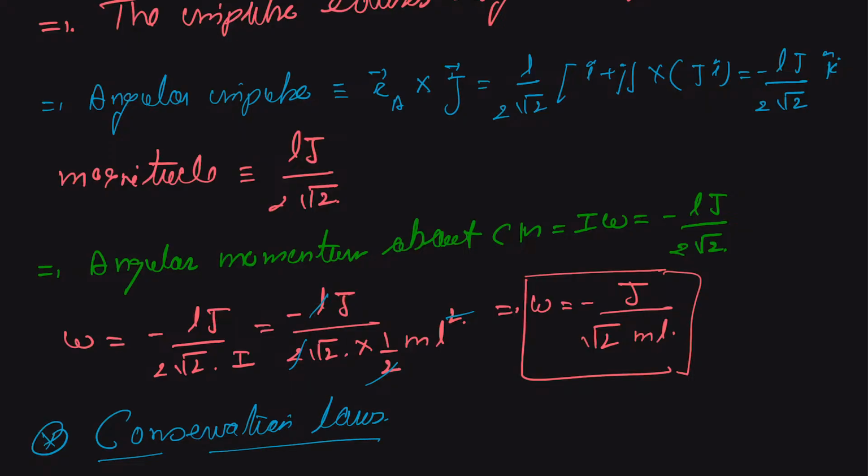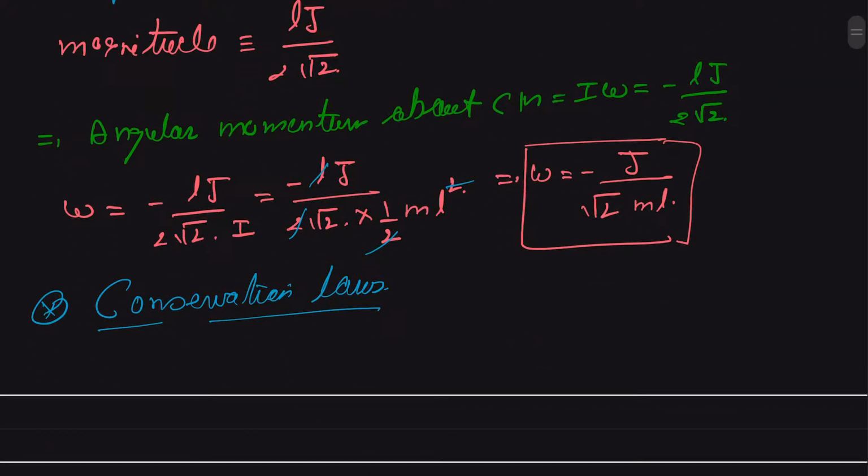And it is given that the table is frictionless and the entire impulse force is in x direction. There is no force in y direction, and also the impulse is only in x direction. So we can divide the momentum into x and y components, but we are interested merely in the x component because everything is moving in x direction. So you can see initial total